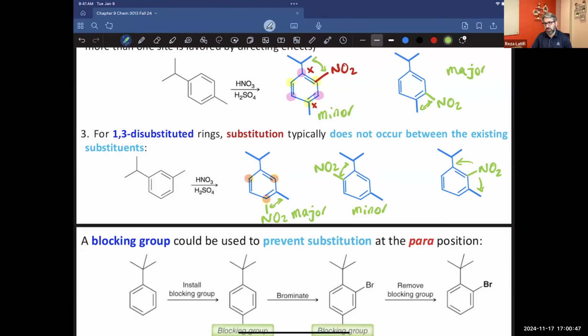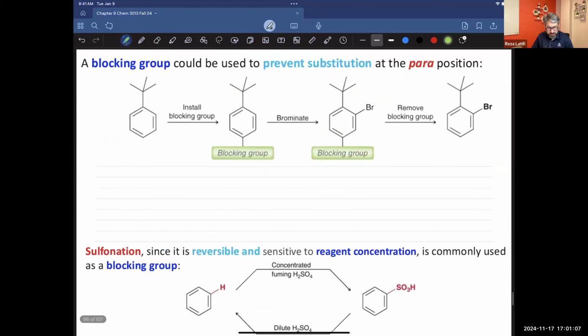We're going to have too much steric effect, so this product will not be produced. We're not going to get that product. So do not put the new substituent between two already existing alkyl substituents, because you're going to build too much